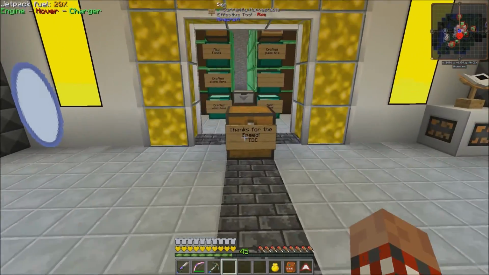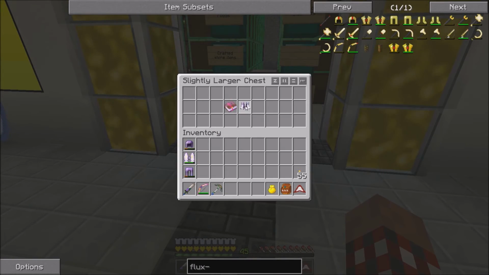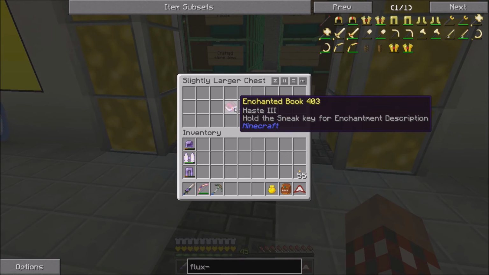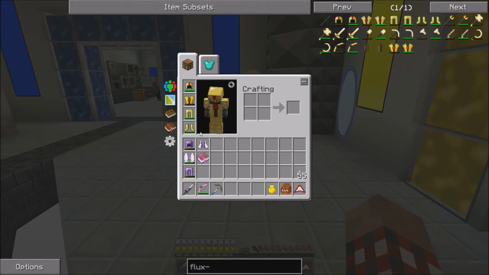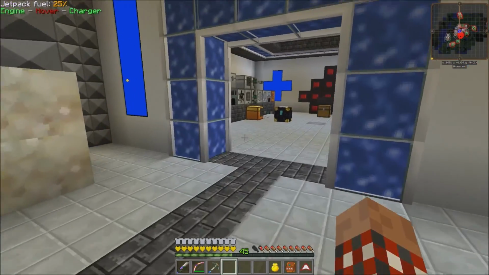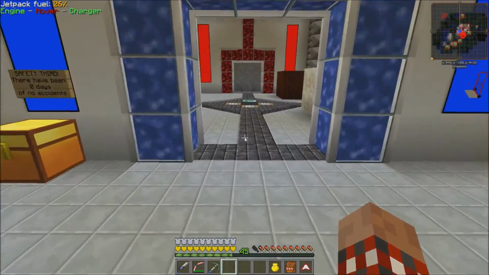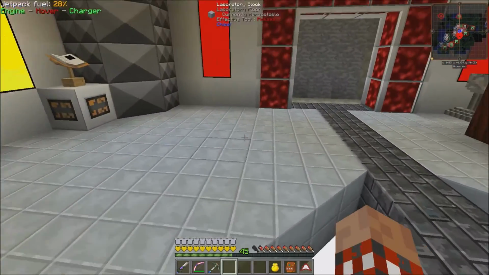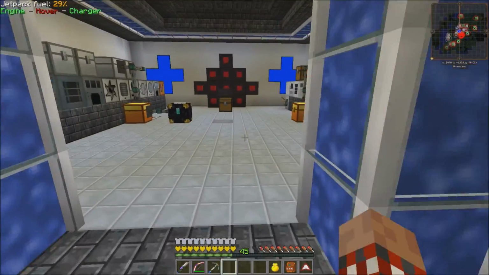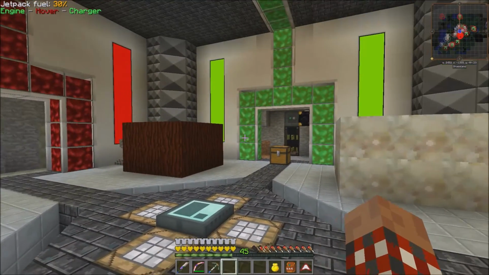And over here, TDC returned my boots. There's my boots, and a Haste 3 book. So, I don't know if I want to apply Haste 3 to these, because boy howdy am I going fast now. Although, no, Haste 3 would definitely make this go faster as I'm just walking around, because I put these on and, oh yeah, that's much faster. And that's Haste 2. Yeah, I think I will put Haste 3 on my boots. Yes, definitely. Alrighty, well,